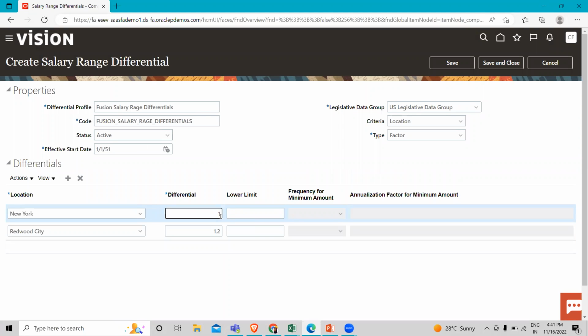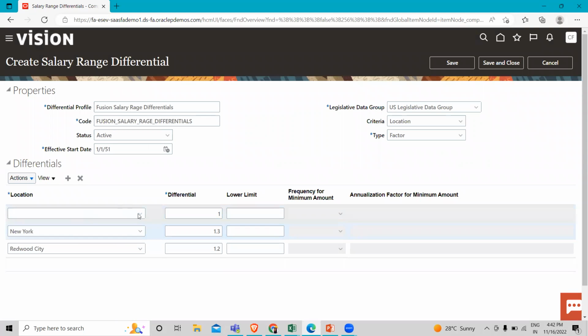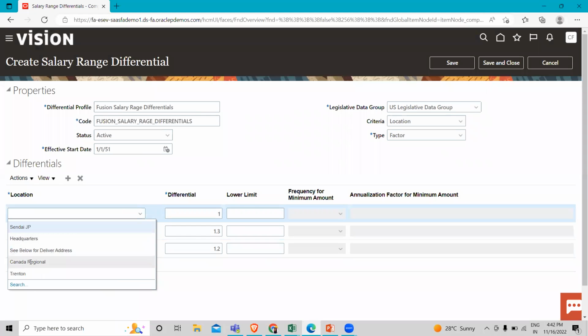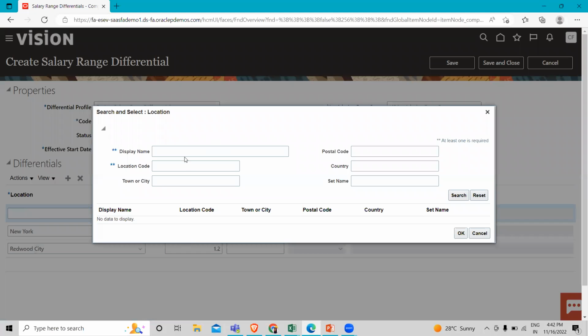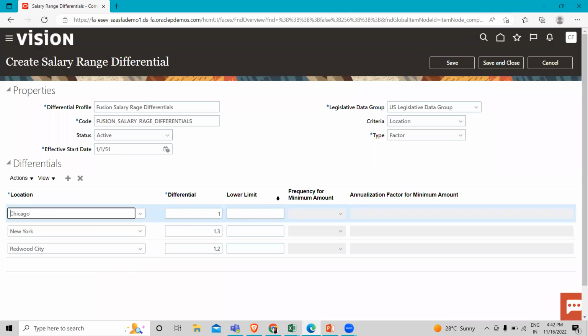For example, here I'll give the differential as 1.3. Just add one more row here and give 1.4. And then you have to just click on the Save and Close option.